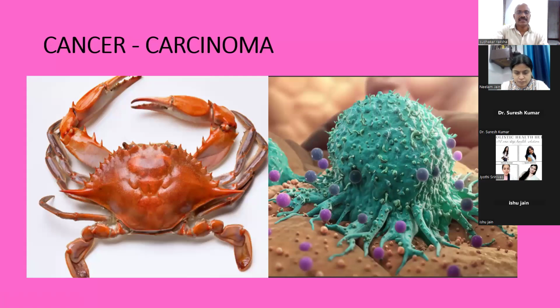First of all, what is cancer, or the layman's terminology for cancer? Cancer means malignant tumor. Carcinoma, oma means it is a tumor. Carcinoma means it is a tumor of epithelial origin. The literal meaning of cancer is crab. Just as a crab stubbornly adheres to any part, the cancer cells also stubbornly adhere to the part from where they take origin. So carcinoma is a scientific terminology for cancer.